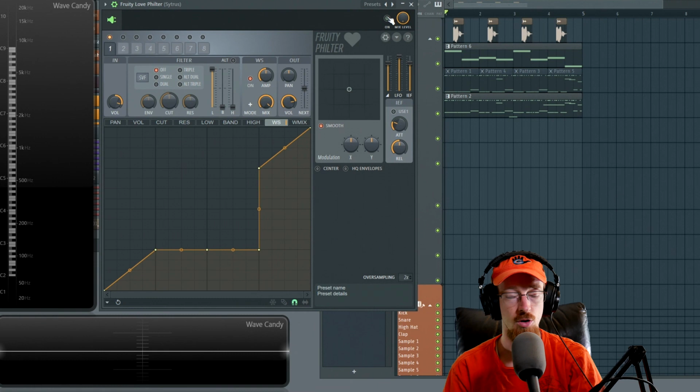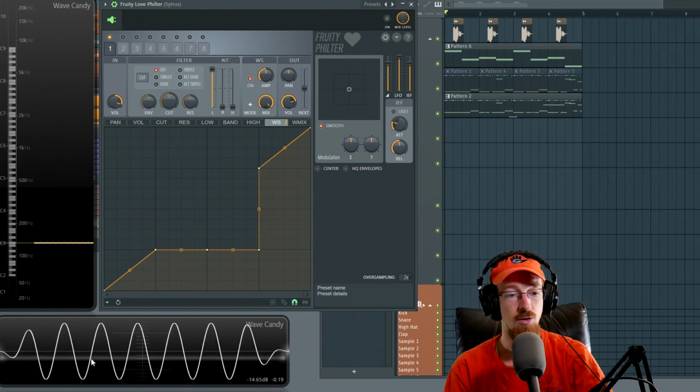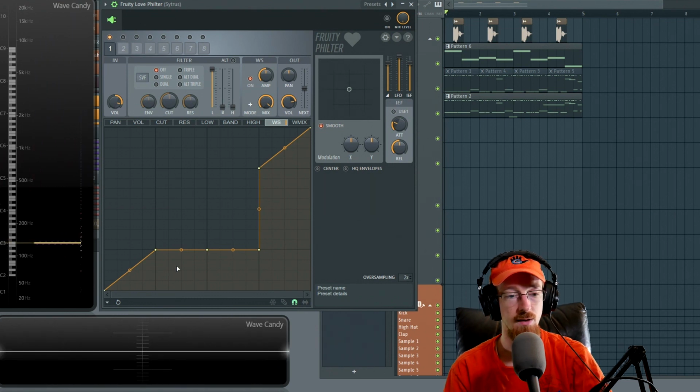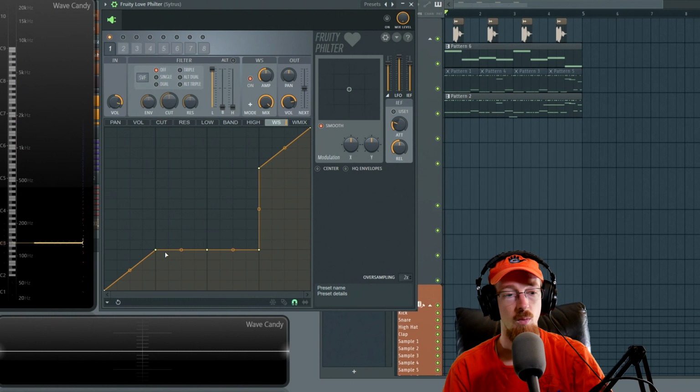Okay, so to make this extra clear, I'm going to use a sine wave just so it's very easy to see. And I'm going to use a lower tone. So there's our sine wave. So any values, right, that are between that loudness that's between here and here, they're going to be somewhere between here and here. Well, they're going to be turned down. So we expect to see a line show up because those values are going to be turned down and they're all going to be the same amount of loud. So if we turn this on,